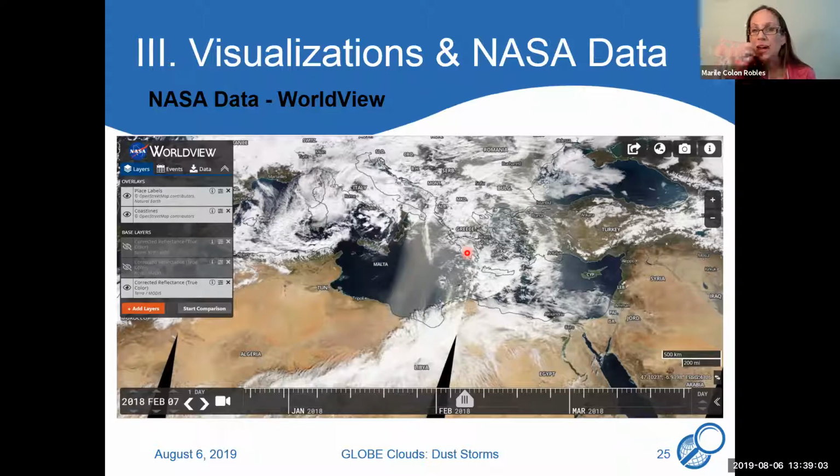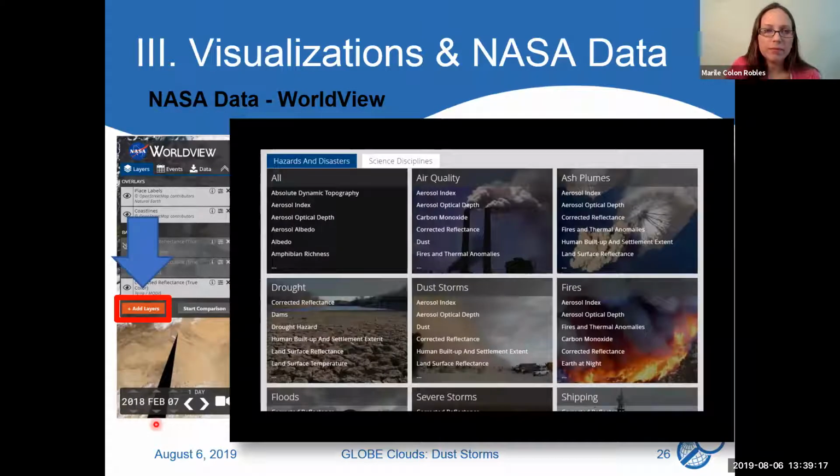And then you can see the clouds moving, and whatever is white that stays there, I'm guessing some of this is snow. You can then see the snow staying there. If you click on Add Layers, you can then look at all the different types of NASA data that you can add to it. It's nicely divided into different